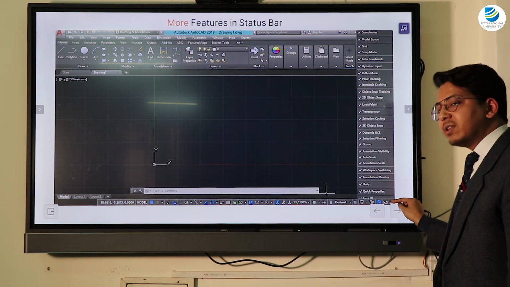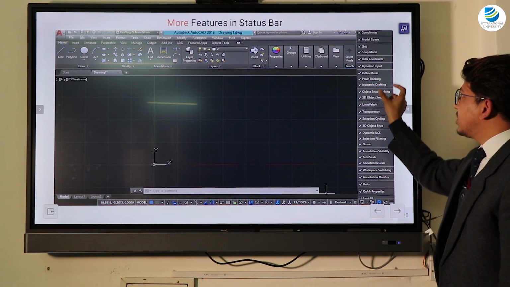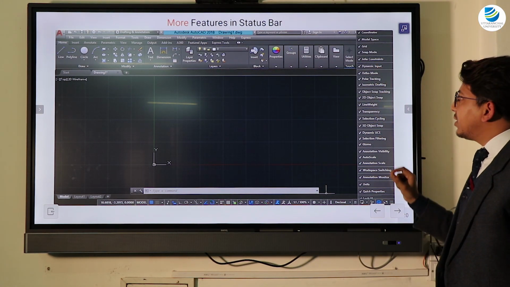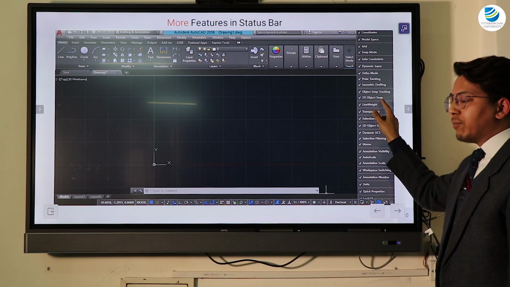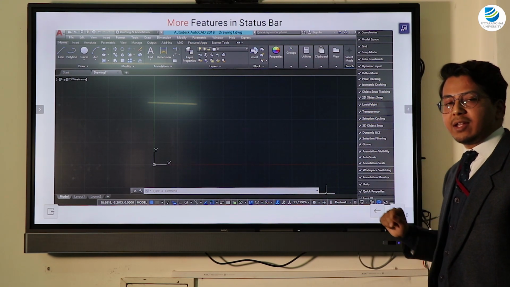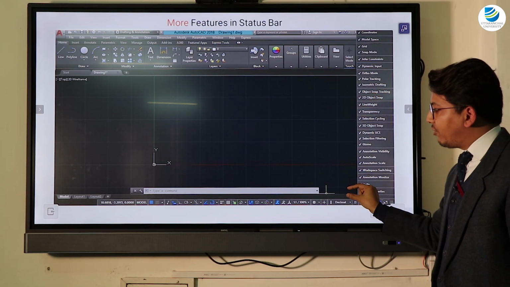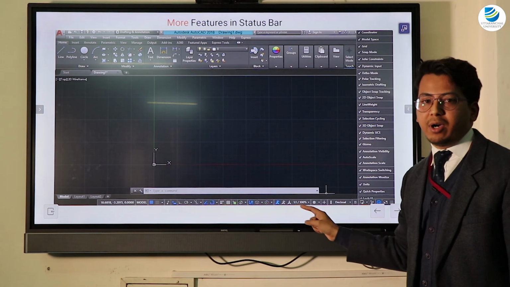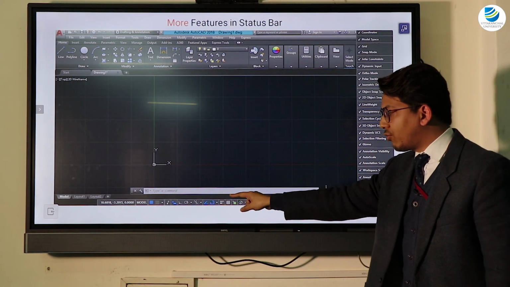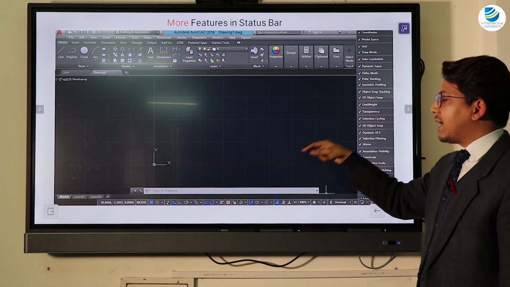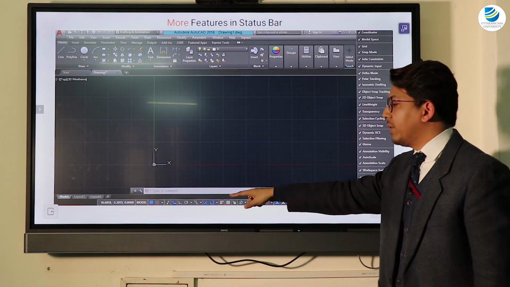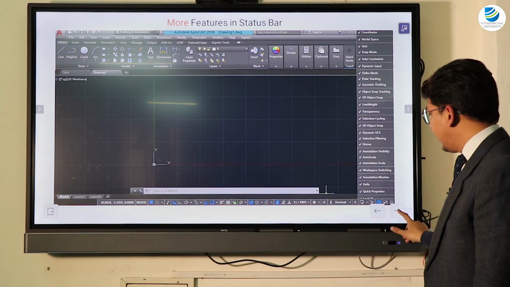When you click on these 3 dashes, all the options will appear here. Suppose you want the 2D object snap option to be in the status bar, you just have to click on this option and it will be included in the status bar. And if you want to remove this option from the status bar, click on it again and it will be removed.